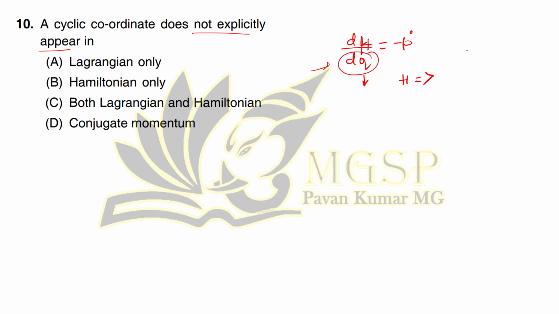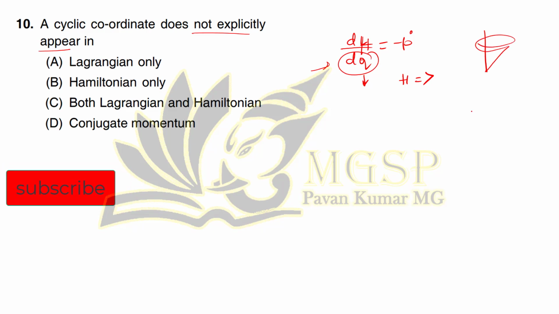Like, suppose I consider a cone, how do you find the Lagrangian of this cone? If I say that it is fixed and rotating with some radius r, here r is fixed, so it is not varying in the function. So in the Lagrangian it becomes cyclic. The variable will not exist in the Lagrangian. So this first term becomes a constant, and there is another term, the Hamiltonian, we have discussed.